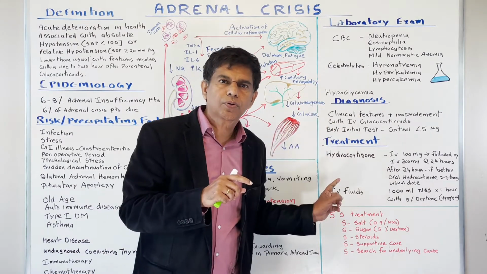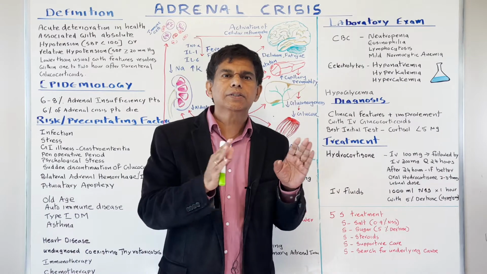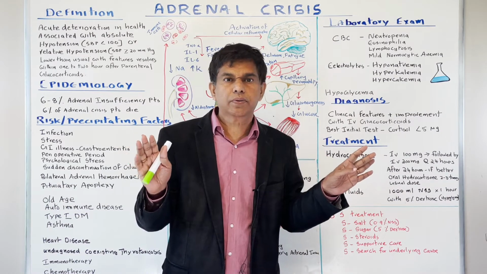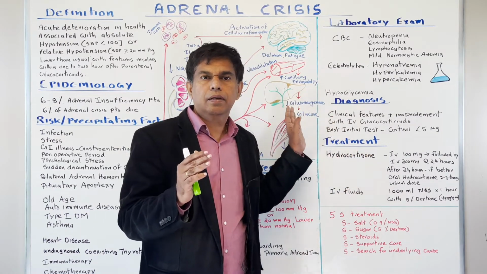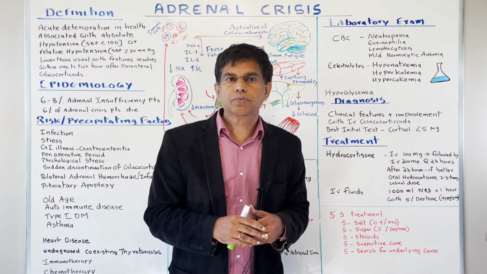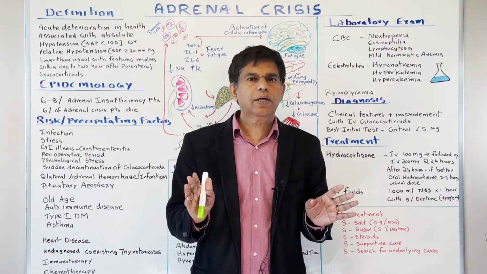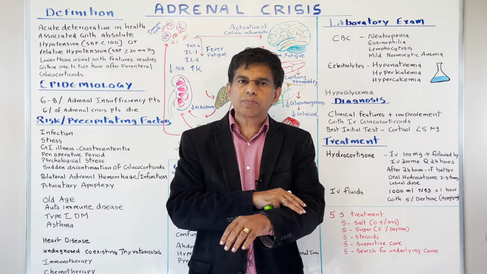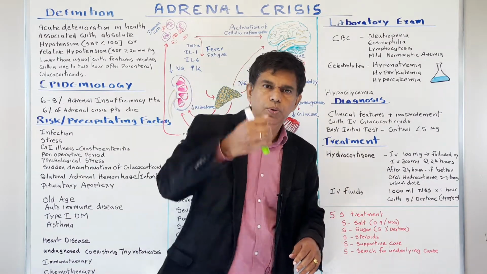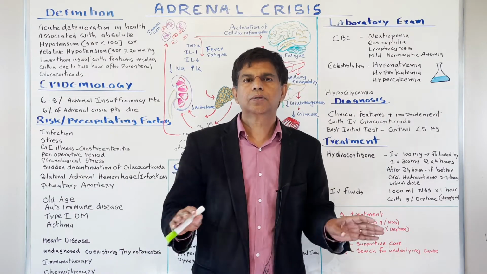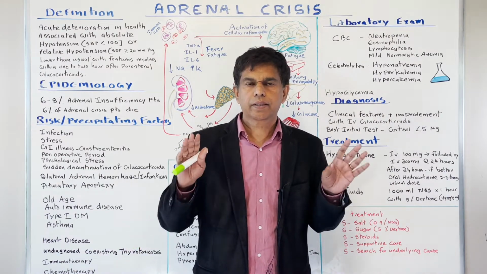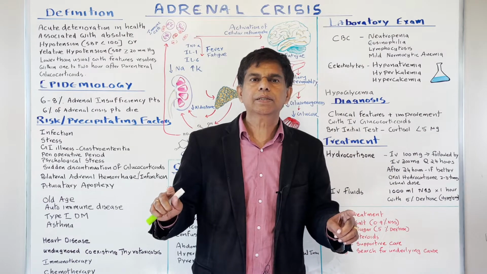So when you don't have cortisol, that synergistic action is no longer there, okay? On top of that, the norepinephrine will also be decreased. Both of those are going to lead to vasodilatation, right? So what happens? Our blood vessels get dilated. Boom, your blood pressure goes down, you collapse, right? And then you get capillary permeability, and